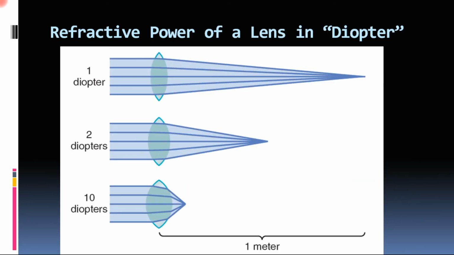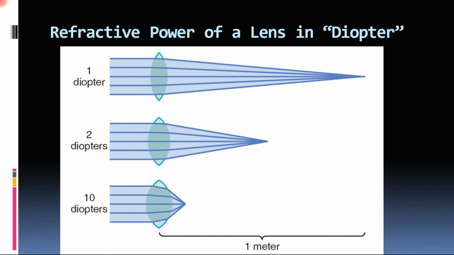Coming to the topic of refractive power of a lens. This is important when we correct the refractive errors. Let us say we ask some of our friends what is the power of your spectacles. In that case, the power is the diopter or the refractive power of the lens, which is mentioned in diopter. The more the refractive power of the lens, the more is the diopter. And how to define the refractive power or diopter is,